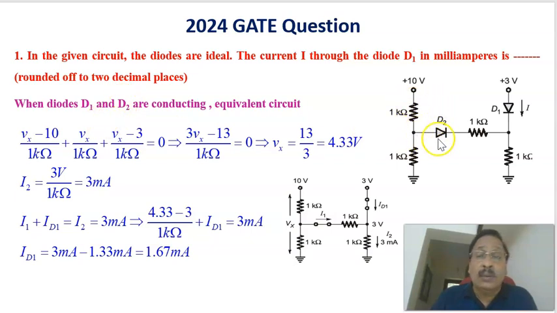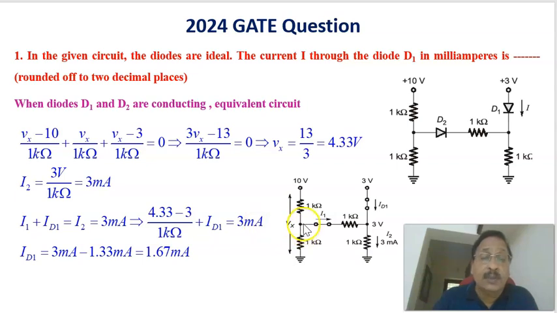Now, this circuit can be reduced to the equivalent circuit like that when both diodes D1 and D2 are conducting. And this is the equivalent circuit when D1 and D2 are conducting. Now, the question is, what is the current through the diode D1? Now, coming to this equivalent circuit here,